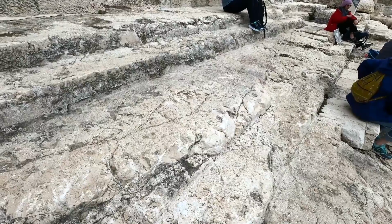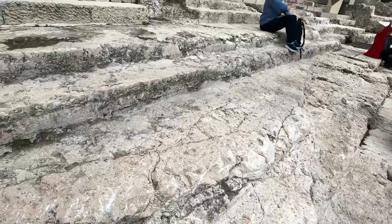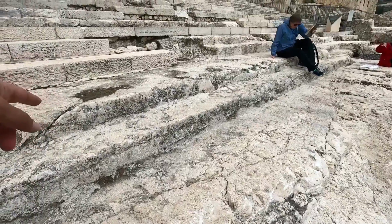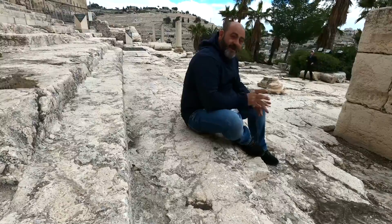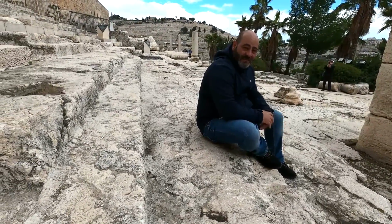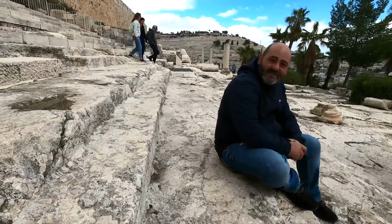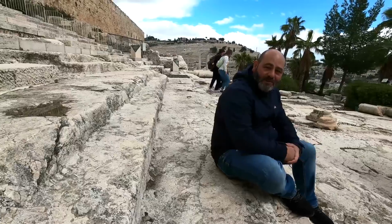This is the most authentic place you can find in Jerusalem. Why, Fadi? Because 100% Jesus and his disciples walked on these steps. This is the original steps that led to the temple. So imagine how amazing it is to be on these southern steps of the temple, knowing that these are the steps that Jesus took, going out of the temple and going into the temple